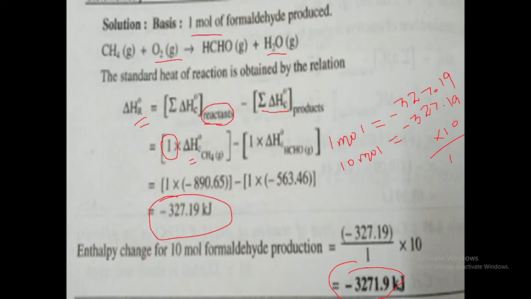Okay. Another component is oxygen. Oxygen data are not given in the problem, and oxygen data are not available in the table. What do you do here? Simply you take 0. Are you clear or not? Okay. So you don't worry about the oxygen. Oxygen values are 0. Next we are going to concentrate on the product side.